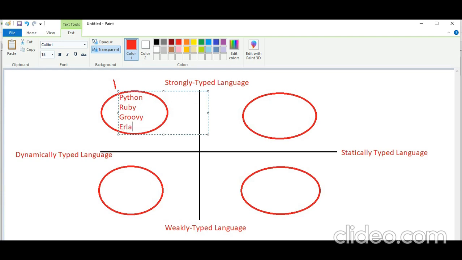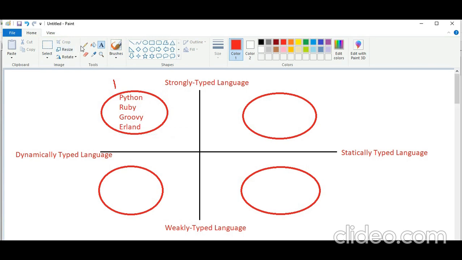These are the examples for strongly typed and dynamically typed languages.